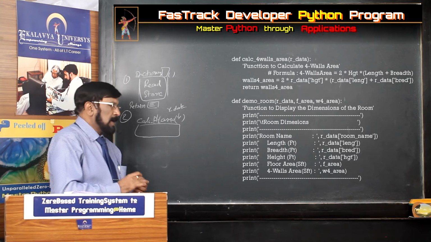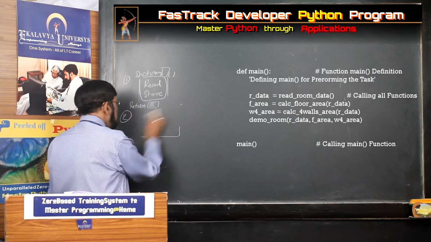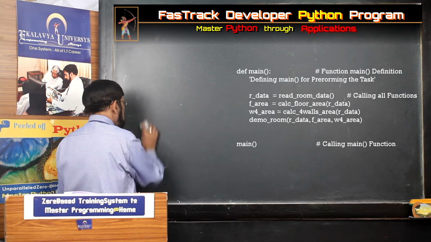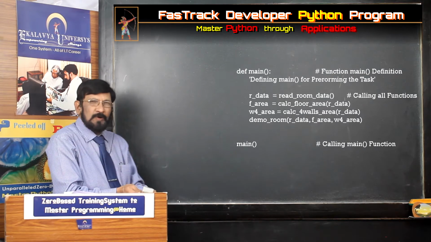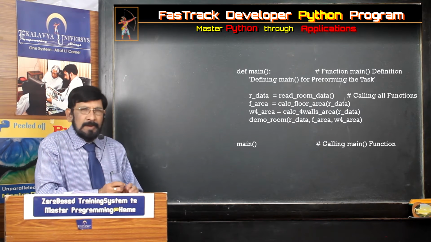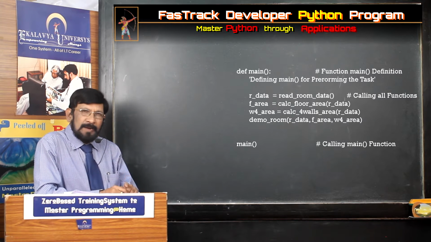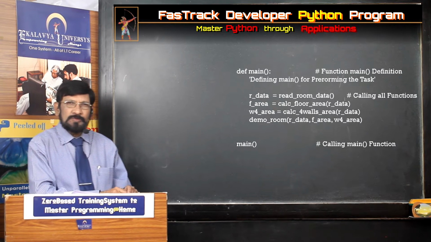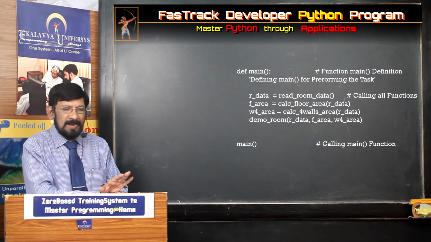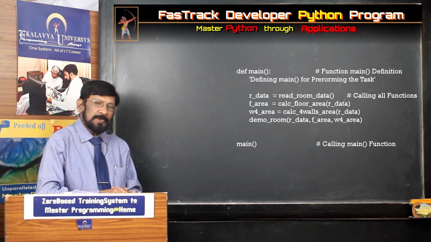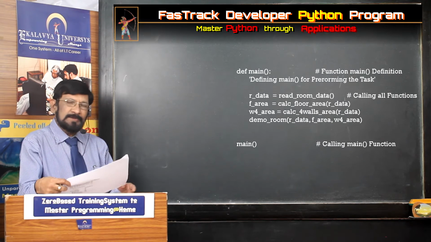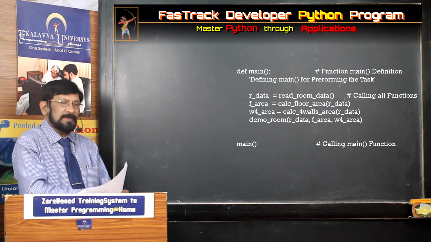Finally, we write the main function. Main function already explained to you in the concept zone, to thoroughly focus on that. Here, one simple mechanism is there. You may get confused, but in order to avoid confusion, I cannot change that. So that's why, what is written, just once again I explain, focus on that.